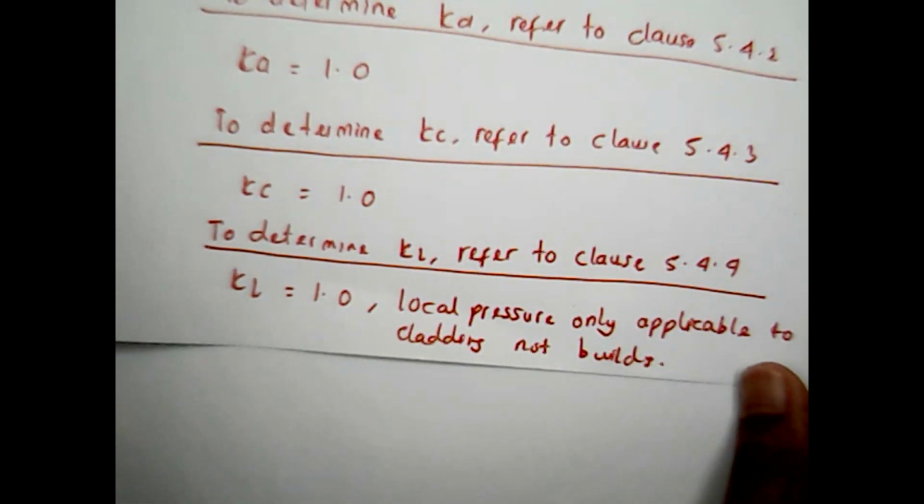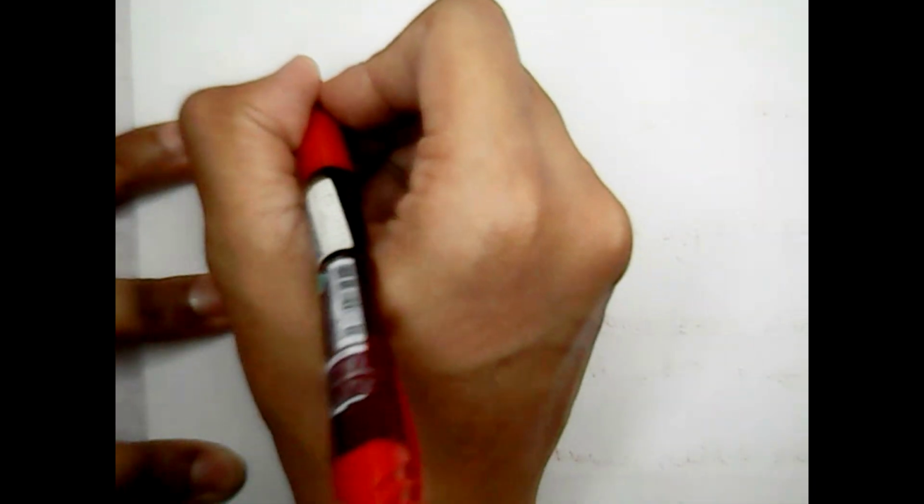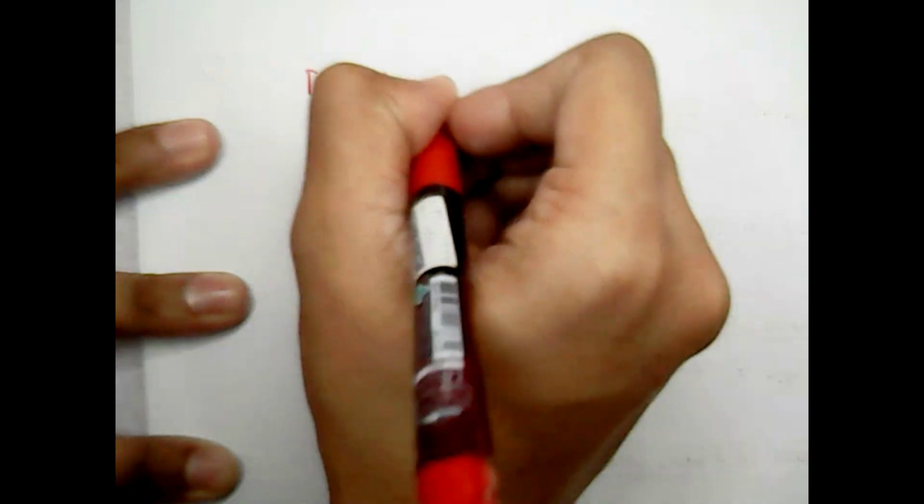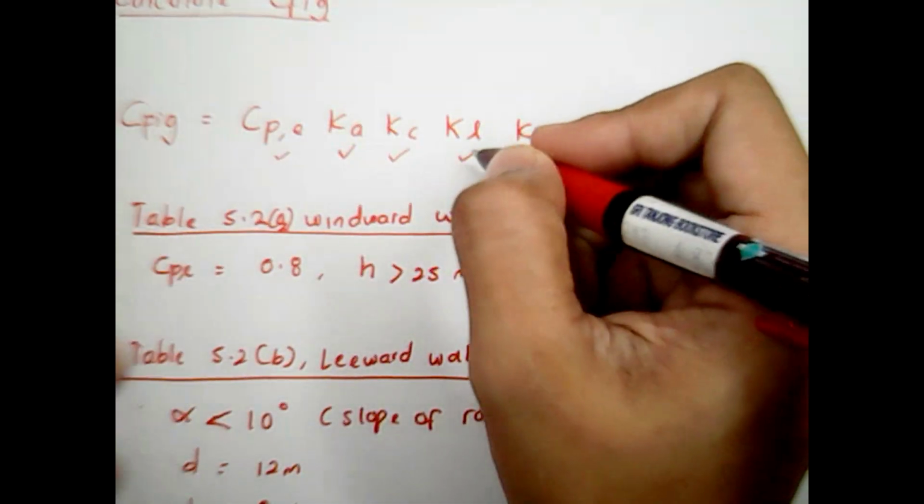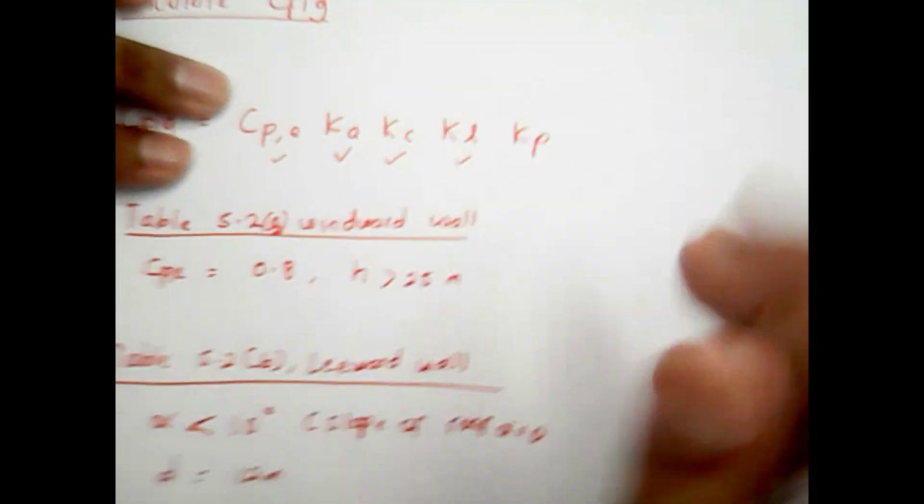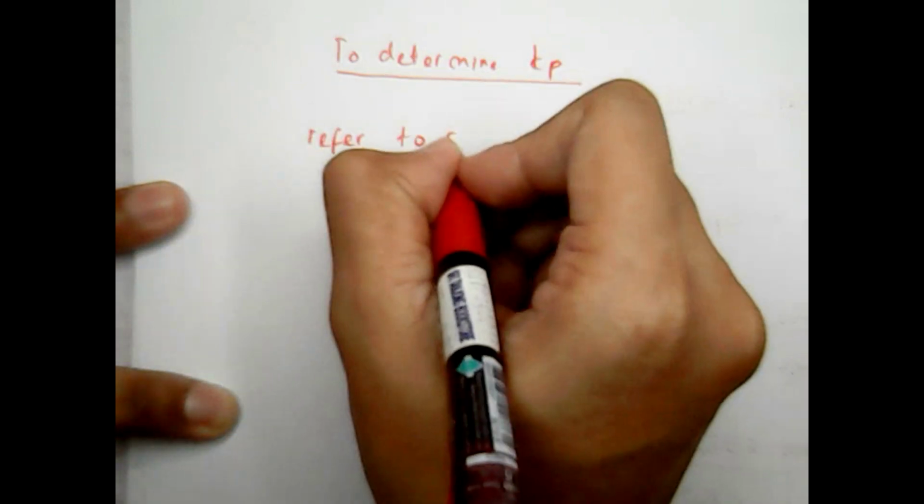So then you have settled your KL value, and then you can go to a different clause. Now you need to find your KP. Just to summarize, you need to determine KP because you already have KL. So for KP you need to refer to clause